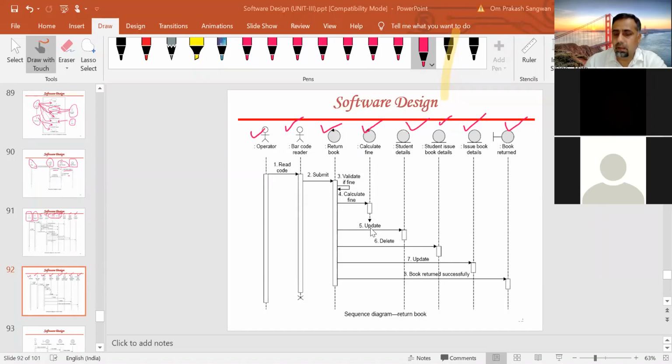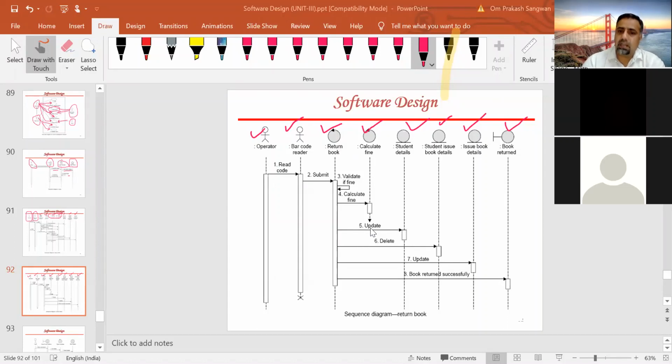After that, the book will be deleted from the student records, so student issue book details will be updated. And that book will be updated to the issue book details, so that one more book is added to that. And the eighth step is book returned successfully.